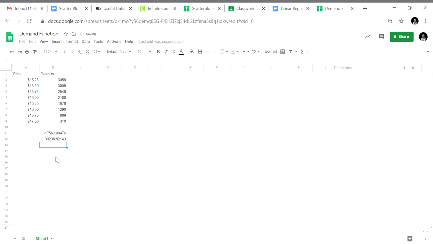And there is our y-intercept. So our equation would be, let me type this in,